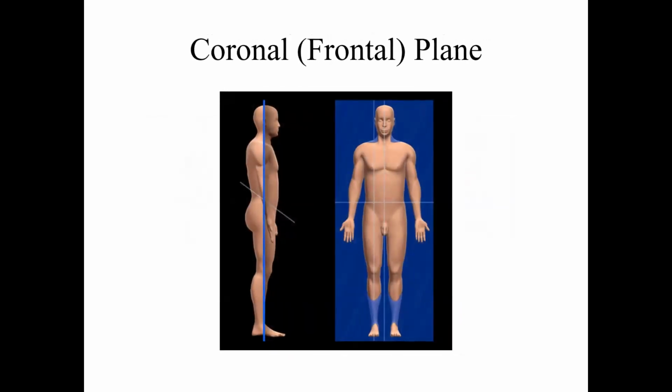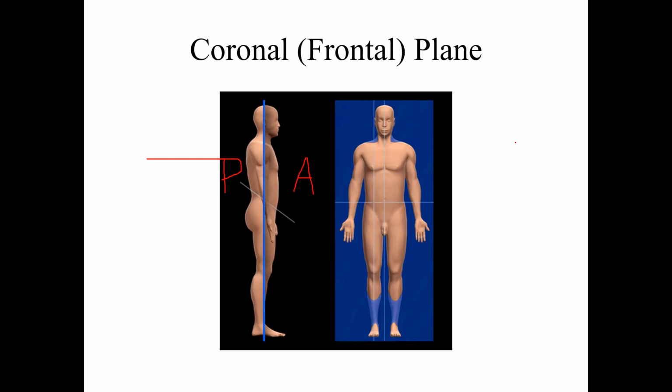All right, let's jump into the planes here. So you can see here's our person. They're in the anatomical position, and we have our blue plane going right through them. You can see how it divides them into anterior and posterior portions. I'm going to draw a P behind our fella. This is the posterior side. And then an A in front. That's the anterior or frontal portion. So the coronal plane, and you can use either coronal or frontal, is going to divide you into